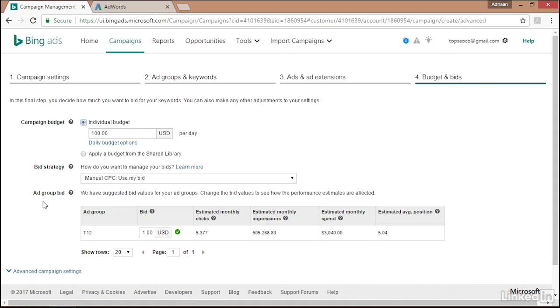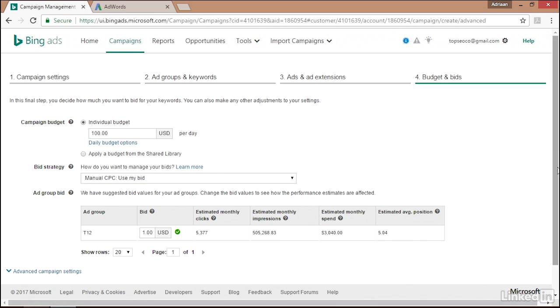Now in this final step, this is where we set our cost per click and our final budget settings with some more advanced settings. So we go over it and we make sure that we're happy with the information we've set so far. In bid strategy, you want to make sure that you select a manual CPC, because else, if you select it automated, then you will enable Bing to automatically increase your CPCs based on what other people do